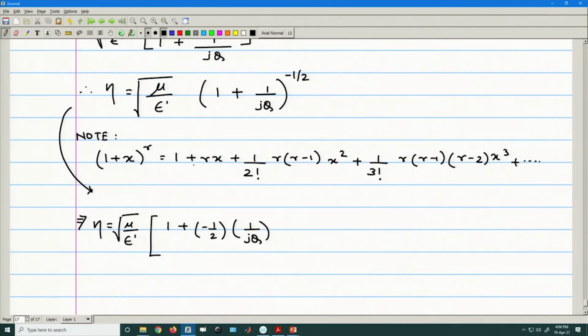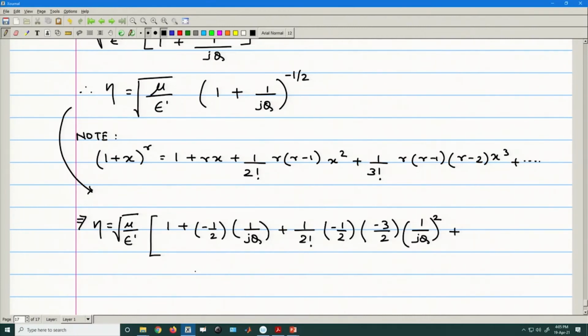So we have 1 plus rx, next we have plus 1 upon 2 factorial. So 1 upon 2 factorial and then r is again here minus half. So r is minus half, r minus 1 will be minus half minus 1, that is minus 3 by 2, and x square will be 1 upon jq square